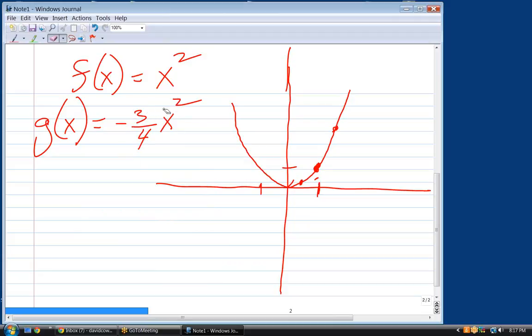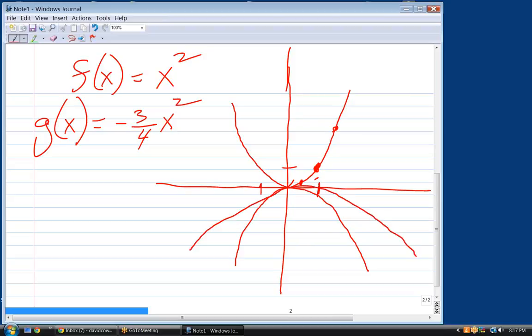Okay, so we only have two things going on here. We've got the minus sign, and we've got the 3/4. So the negative would flip. We'll do it two steps at a time. We'll do the first step, which is merely a flip. A perfectly symmetrical flip. So now, is this going to be flatter or steeper? It'll be flatter. Skinnier or fatter? Flatter by